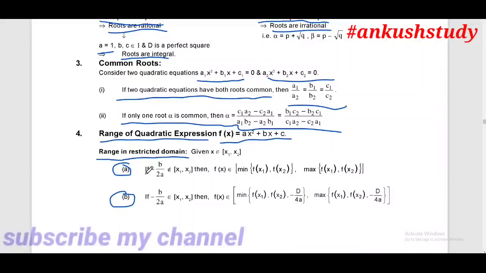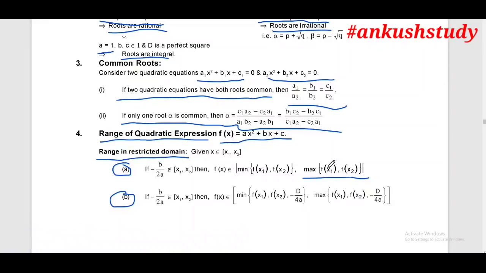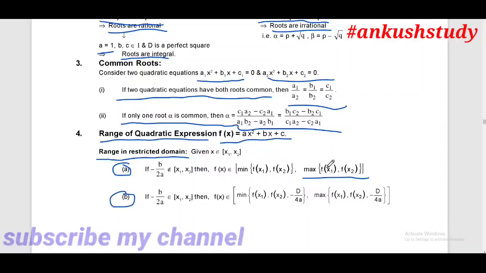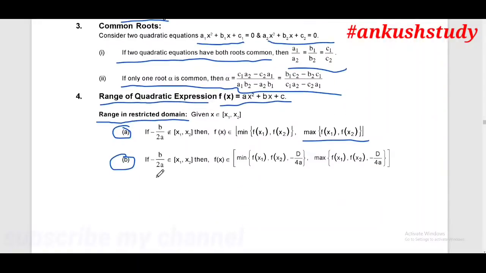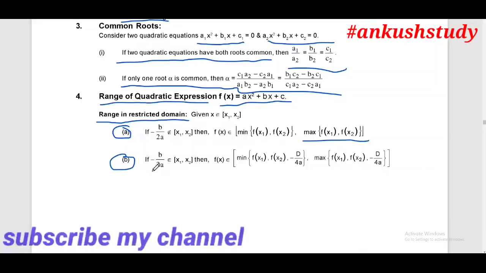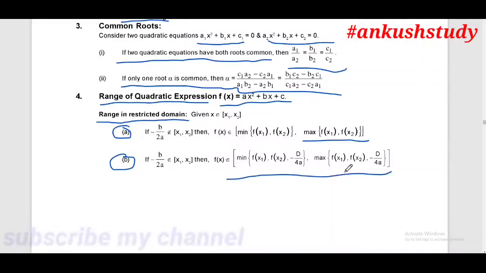If there are two conditions, and if minus b upon 2a does not belong to [x1, x2], then f(x) belongs to [minimum of {f(x1), f(x2)}, maximum of {f(x1), f(x2)}]. And if minus b upon 2a belongs to [x1, x2], then the formula becomes f(x) belongs to